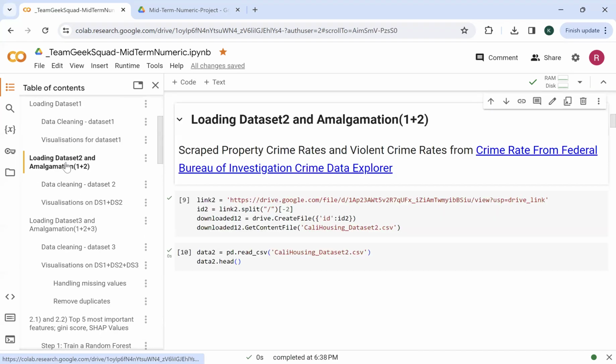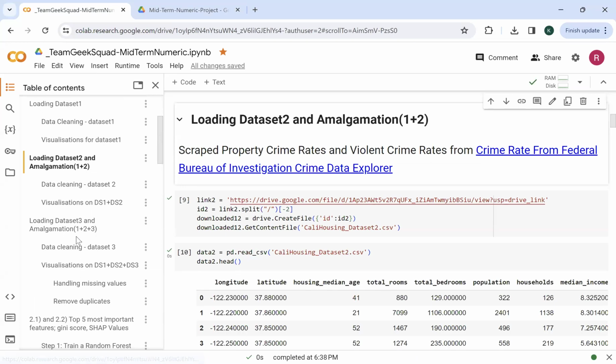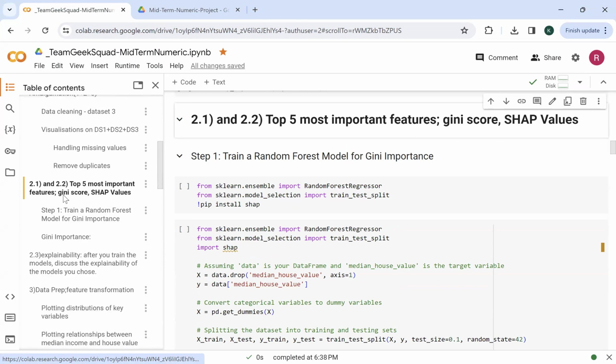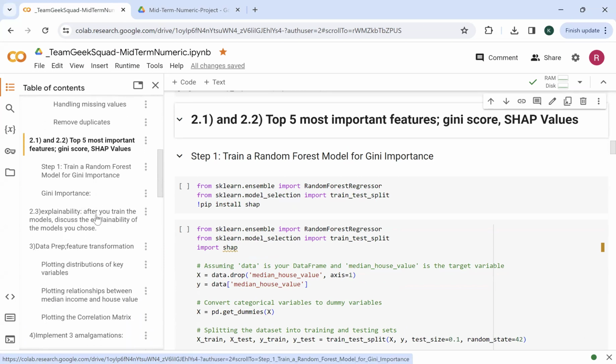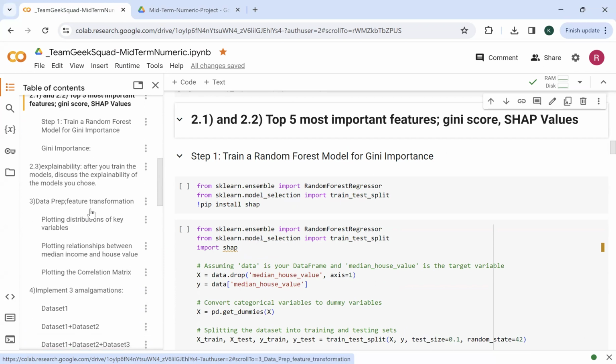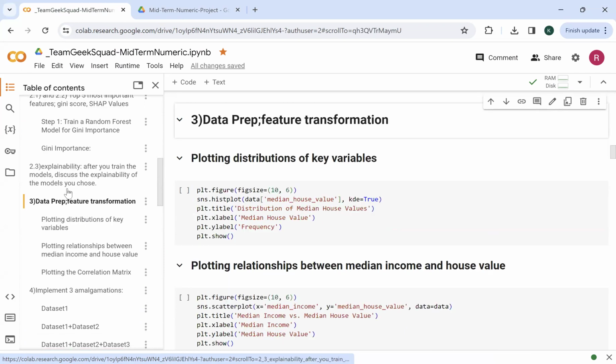And these amalgamations are done by Harshavardhan and Vinay. And then myself and Suresh worked on the Gini score SHAP values calculation. Then I worked on training the models and checking the metrics and the accuracy. And we have performed some of the feature data preparation and the